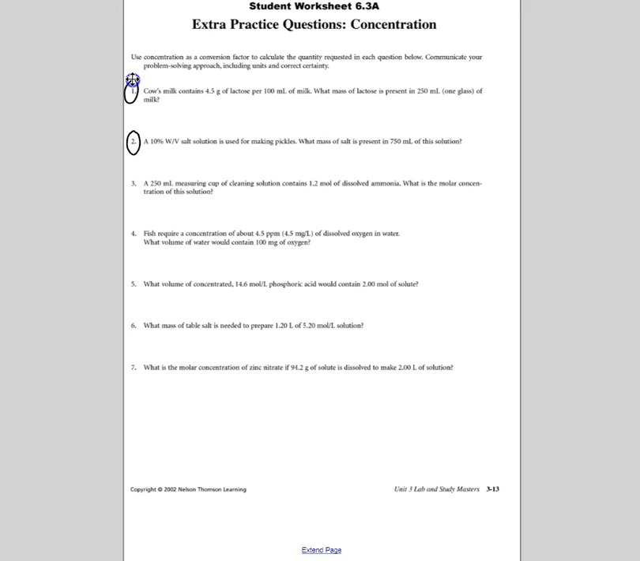Numbers 1 and 2. You're working with grams and milliliters. In both cases, you're looking for a mass. So just to set this one up, to give you an example of how you don't really need a formula, the 4.5 grams per 100 is your concentration. So that's your C value, which is really 0.045